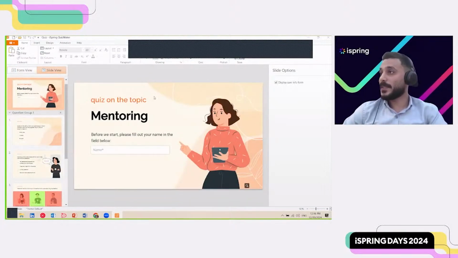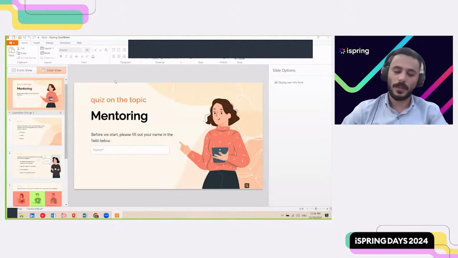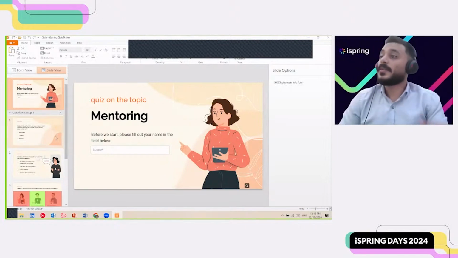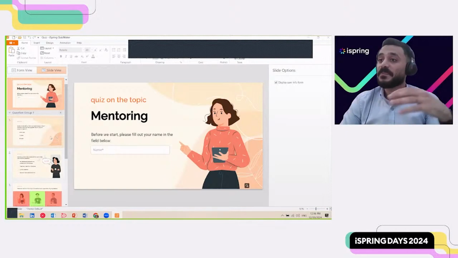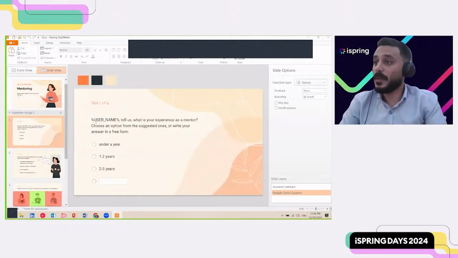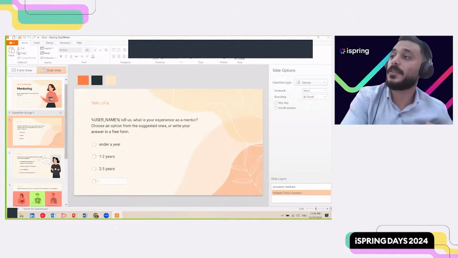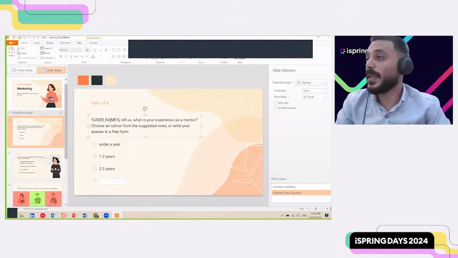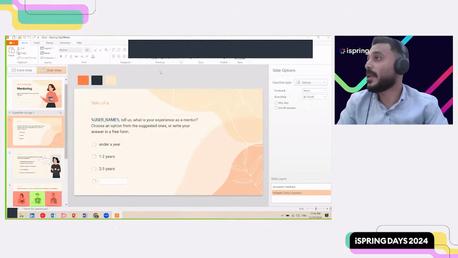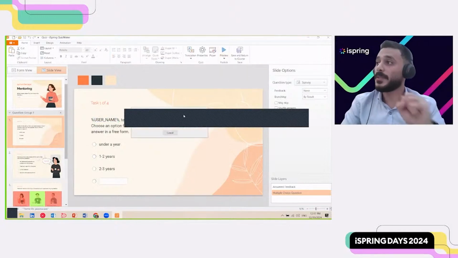So this is the first slide, what we call an intro slide, or a user form slide, where the user just needs to enter his name. And on the next slide, we're going to take that name that he already inserted in the first slide, and populate this part with the name of the learner or our trainee. Let's try that. If we click on preview quiz,